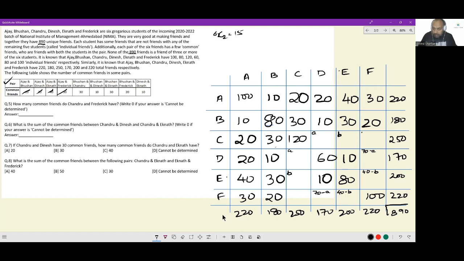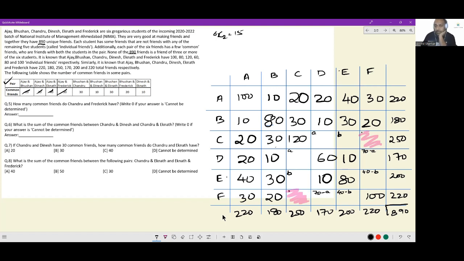Now look at this cell or this cell, whichever cell you choose to focus on. I will highlight it. Whichever of these cells, if you look at it row wise, you will get an expression in A and B that leads to a summation of 220. And if you look at it column wise, you will get an expression in A and B that will lead to a summation of 250, which means you can get two expressions in A and B. Hopefully that gives us some sort of insight.